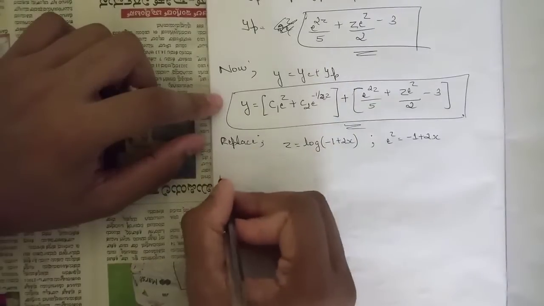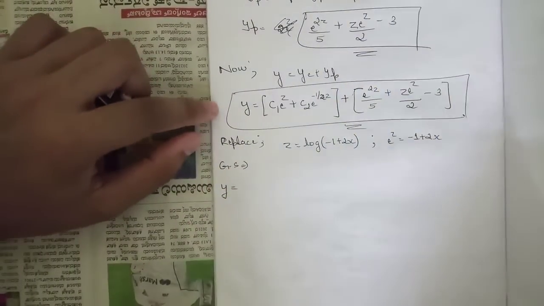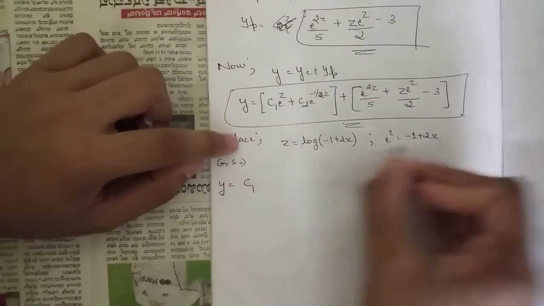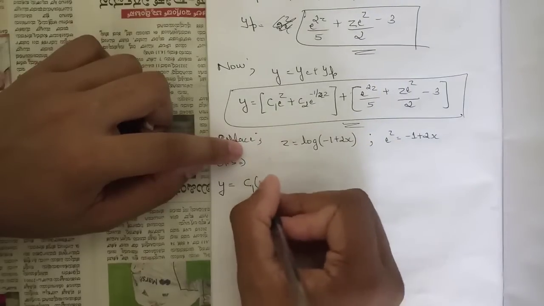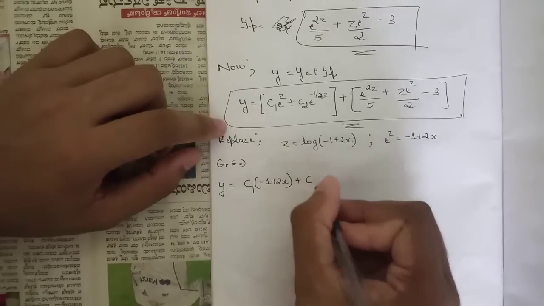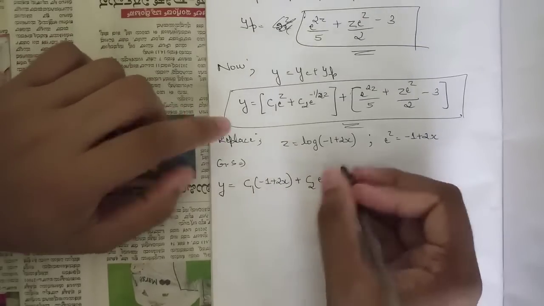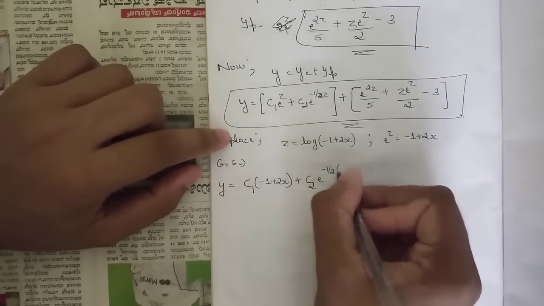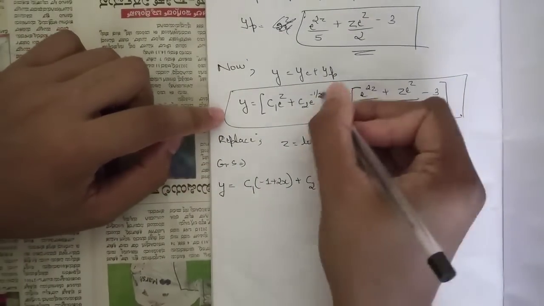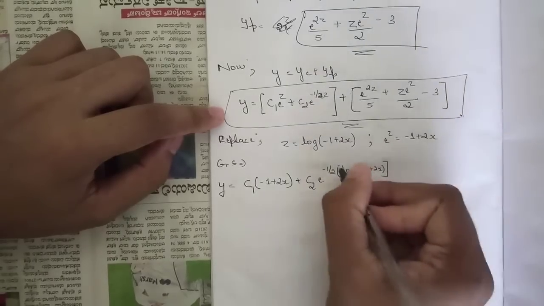Okay, so we get finally our general solution as y is equal to c1 e power z, that is minus 1 plus 2x, right, plus c2 e to the power minus 1 by 2 into log of the value of z here, minus 1 plus 2x, right,